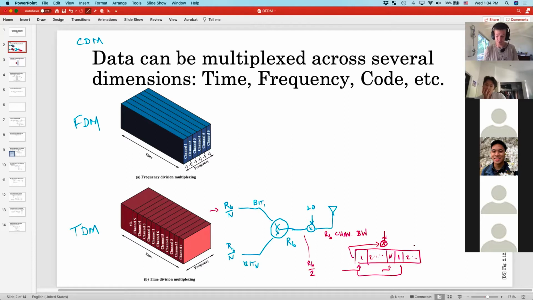Each of the individual bit streams, you can think of them as coming from, say, one computer, or from multiple applications on one computer, or in the extreme, they can be coming from multiple users, in which case we append an A onto the acronym and call it multiple access rather than multiplexing. But so far we haven't really talked about from whence these bits are coming, because it's really not that important. You can think of them as coming all from the same source but somehow being split up, or maybe a more helpful thought process is